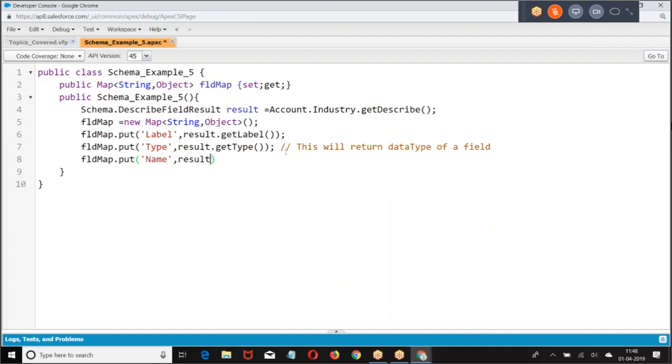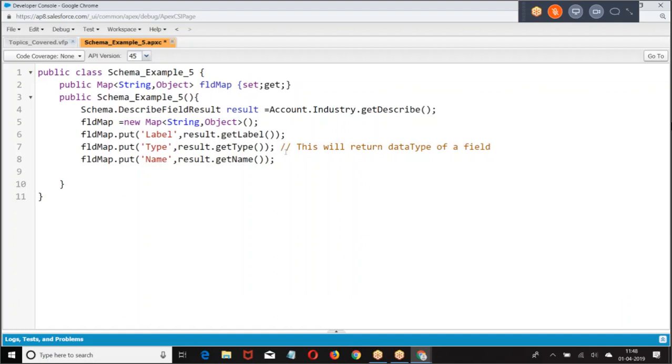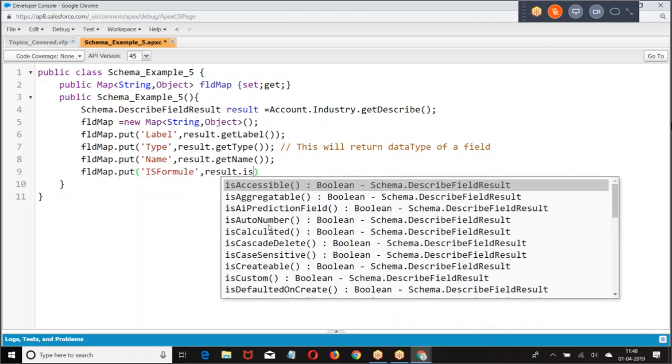Result dot. Now I want to check whether it is a formula field. Is it a formula field? Result dot is calculated.